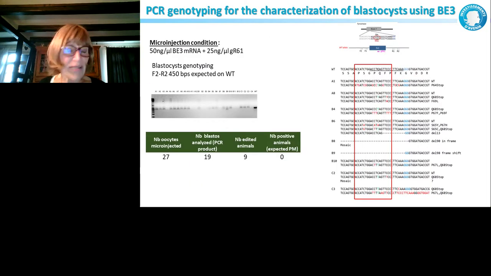And that's what we did. Then we didn't go as far as generating this animal for the 3R region, but we generated the guide RNA and the RNA for base editor 3. We first obtained animals. And after, what we obtained when we analyzed blastocysts, no, that's just on animals.